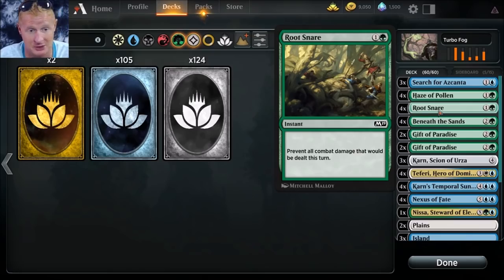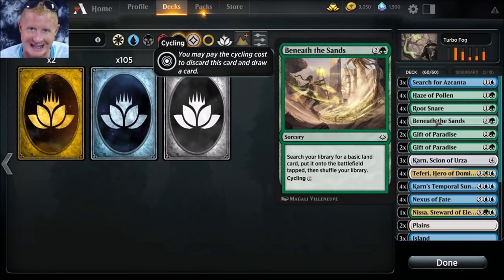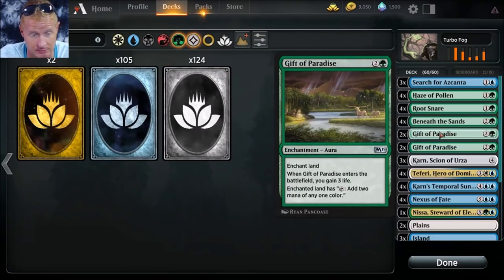Root Snare, basically the same exact thing without cycling. There's 2 play sets of each of those. Beneath the Sands, you got a play set of these, 3 to bring out. You just search your library for a basic land card, put it onto the battlefield tapped, shuffle your library, with cycling 2. Because you're going to need lands. You're going to need stuff